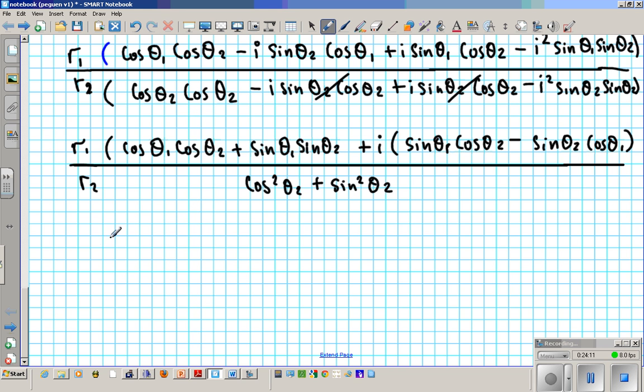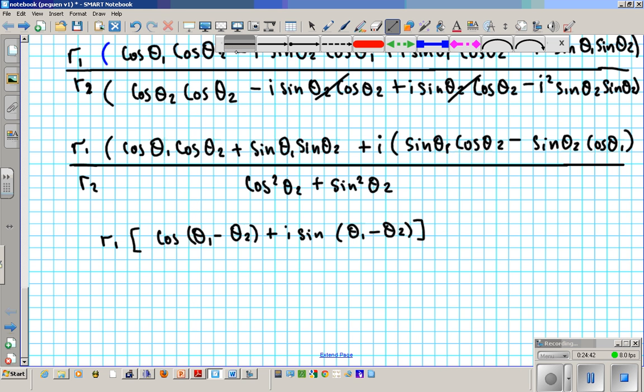So we're going to have R1. Okay, let's make that a bracket. R1 bracket cosine theta 1 minus theta 2 plus I sine theta 1 minus theta 2 divided